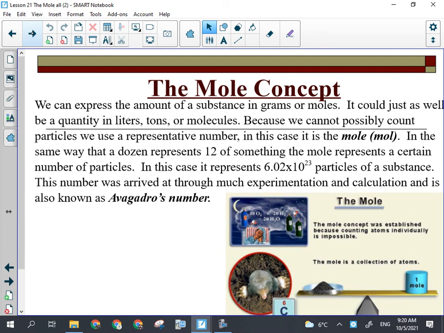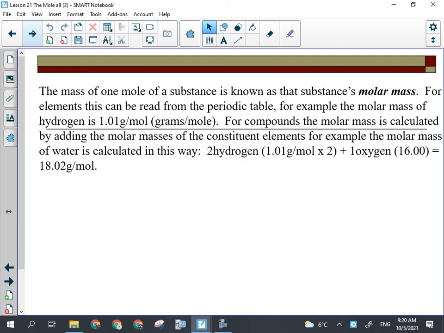Now, the mass of 1 mole of a substance, if it's an element, can be read directly off the periodic table. It's that element's atomic or molar mass. If I want to figure out the molar mass of a compound, what do I do? You add together the mass of all the particles in that compound. So, if I was doing this for water, for example,